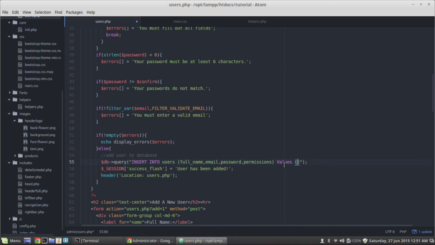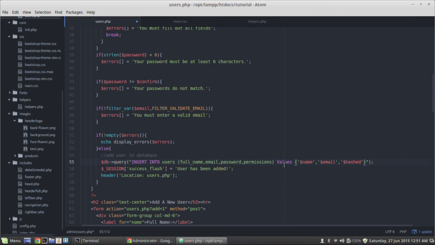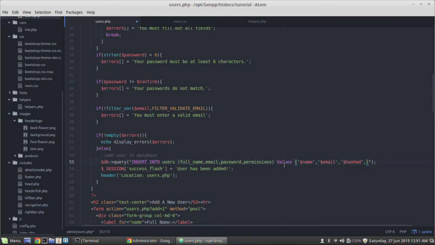and then in single quotes we're going to say name for the full name, so we called it up above, email, and then we're going to say hashed, which we haven't created yet, and then we're going to say permissions. Okay,